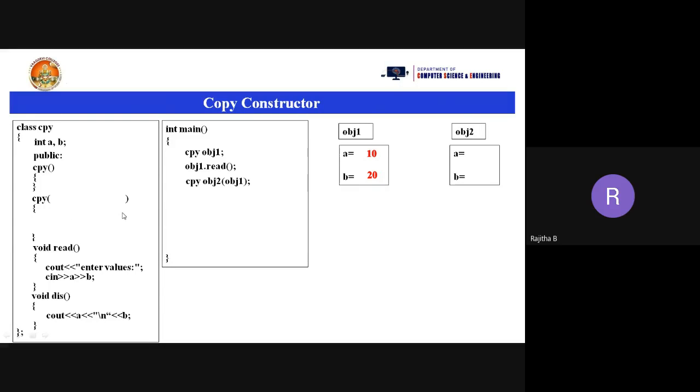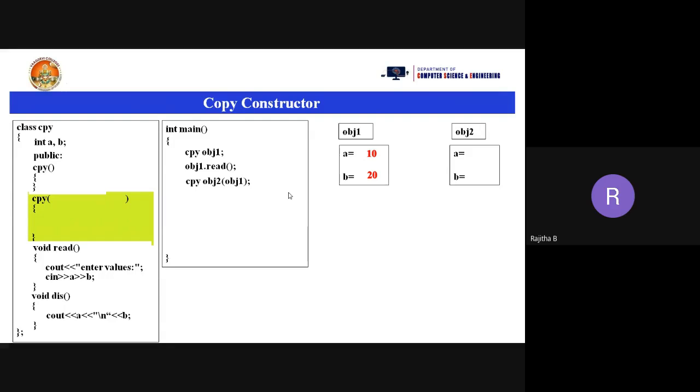But how can we copy the values? Now see here. Now this constructor will be executed. Now we are passing obj1. It is not a variable and it is not a value. Listen carefully. An object consists of a number of data members, not a single value. See here, what does obj1 consist of? A and B. It is not a single value. It consists of a number of values. Suppose if I take one more value C, it consists of 3 values. If I take one more value D, it consists of 4 values. So an object consists of a number of values, not a single value.